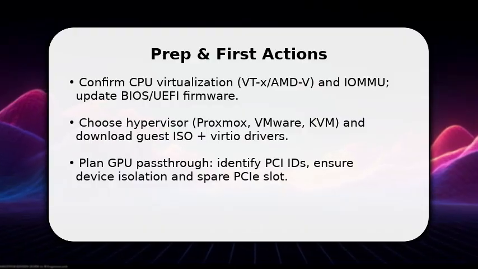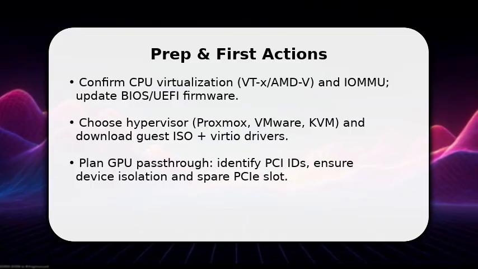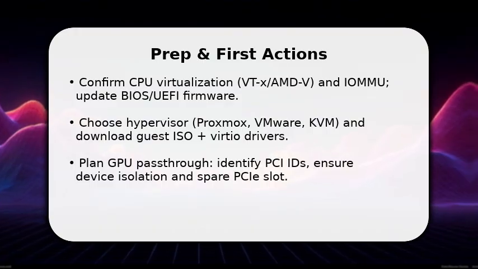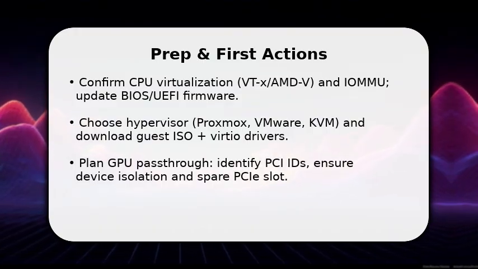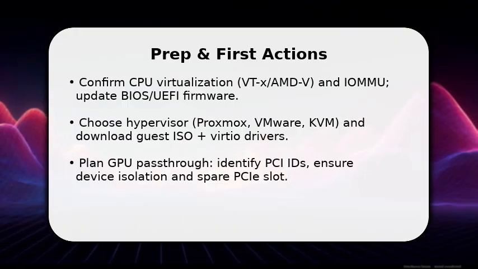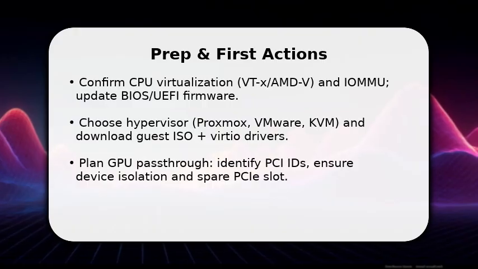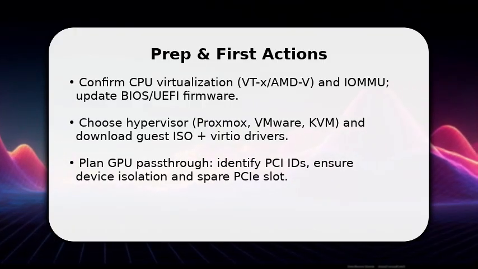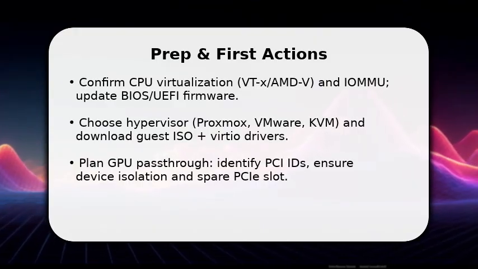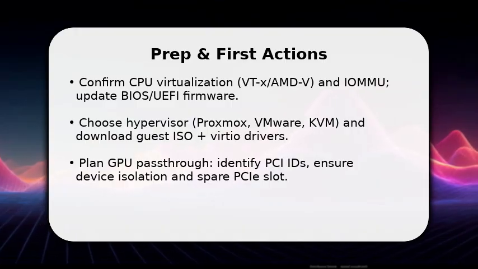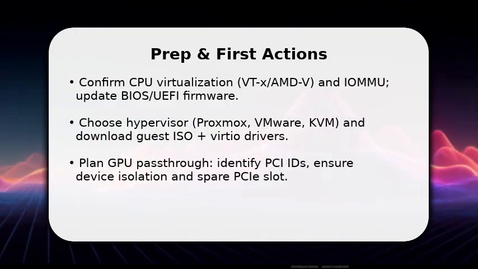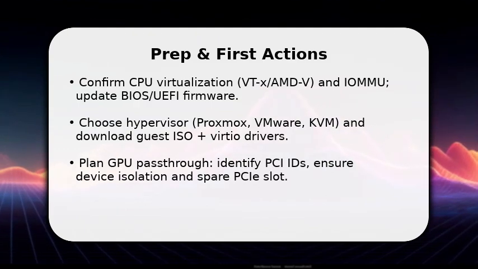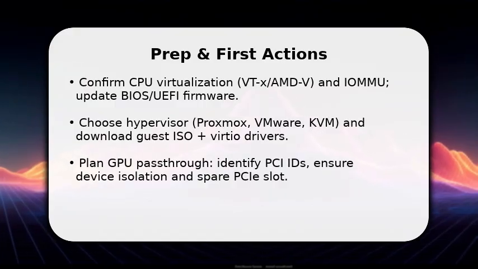You start by enabling CPU virtualization and IOMMU in BIOS so the hypervisor can access hardware directly. Once done, pick a hypervisor like Proxmox or KVM and download the Windows or Linux gaming ISO plus VirtIO drivers for performance. Make sure you identify your GPU PCI ID and reserve a dedicated PCIe slot if you plan pass-through. This prevents resource conflicts. Finally, prepare a fast NVMe or SSD image and decide on vCPU and RAM allocations before